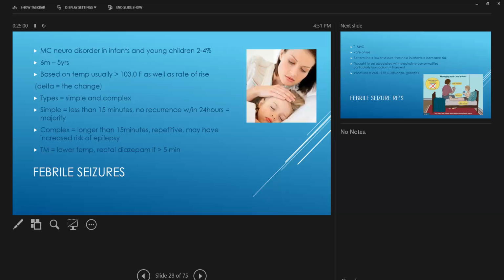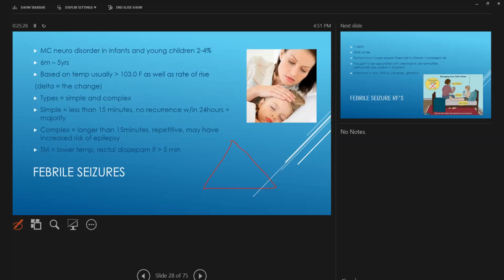It is that change. The quicker the change, the more likely they are to seize. So if they go from 99 to 103 in a fast amount of time, then that's usually when we're going to see these. There's simple and complex, and the verbiage helps you deduce which ones are more